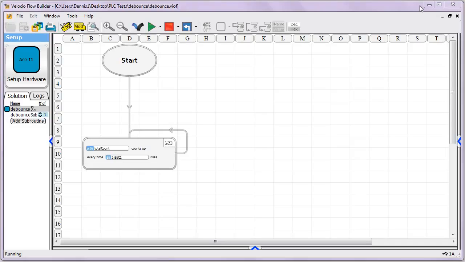Okay, we're going to go through an example that shows you how to debounce your signal. First off, I'll show you why you might want to do that. The issue is whenever you have a mechanical button or mechanical switch, the signal as it transitions from on to off or off to on, it's not a perfect transition. In the real world, it transitions from on to off rapidly, usually a couple times as it's making its